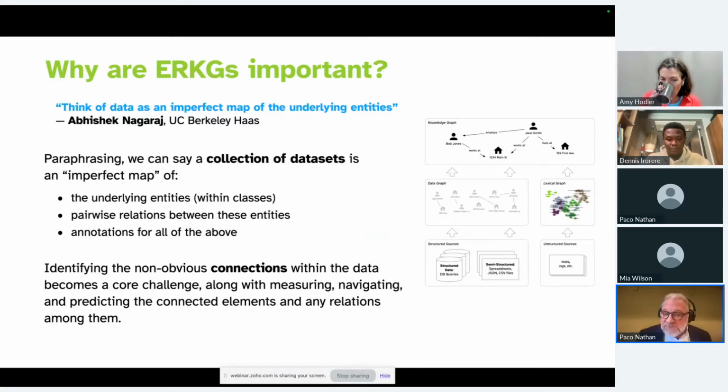You've got relationships between the entities, pairwise. We call these edges in a graph. You might have annotations for all the above. We often call these properties. But the game is really identifying the disconnections in the data. That's really the challenge. And so I like this perspective from Abhishek Nagaraj.